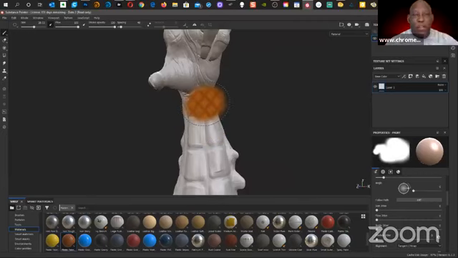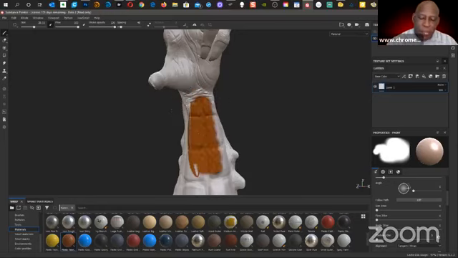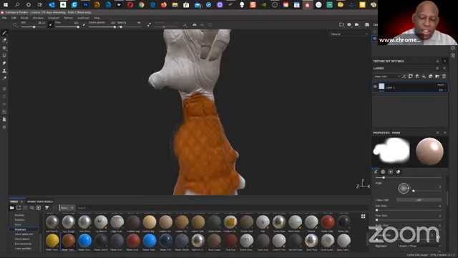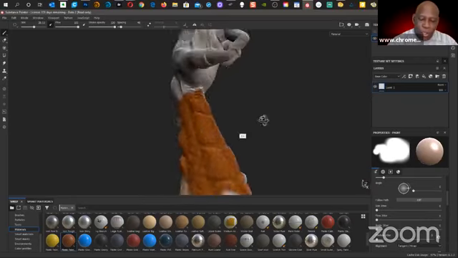I do the same thing in Photoshop, and I'll share that with you as well. So here, if I start to paint, I can paint my texture on my 3D object, okay? So bring this around.